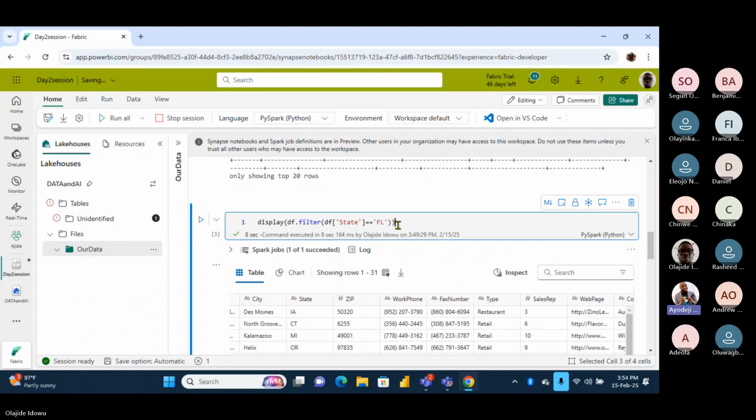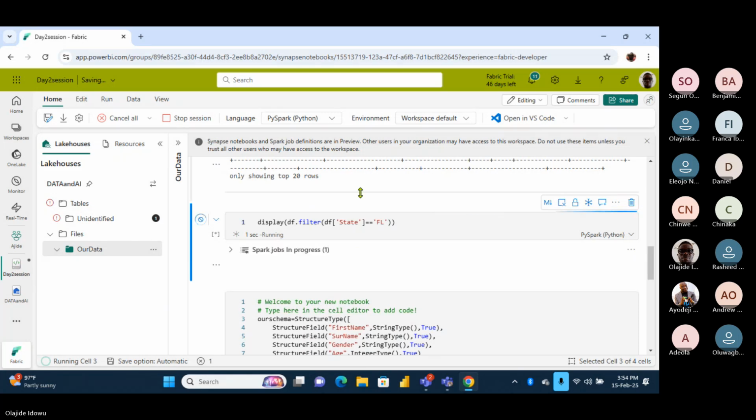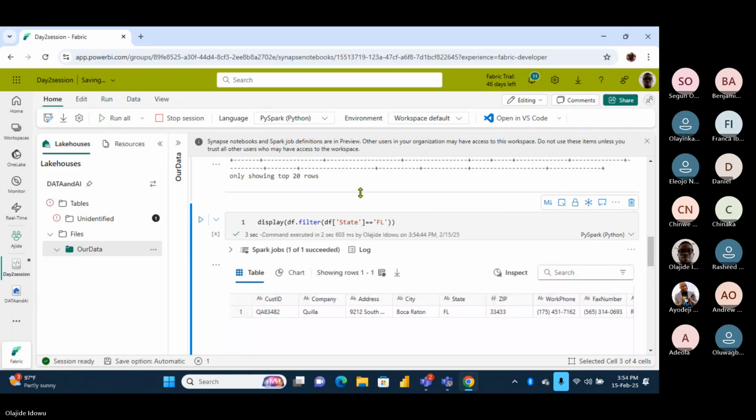Now, look at what we did. We said filter for us the state that is FL. When you are done with your answer, display it. If I run this script, it will not show me the whole data. If the total work is 200 lines or 2 million lines, it will only show me those that are from Florida. Please run this line. Let us see. Is it just one person? And that means it's just one person. Okay. So if you say so, we accept it.